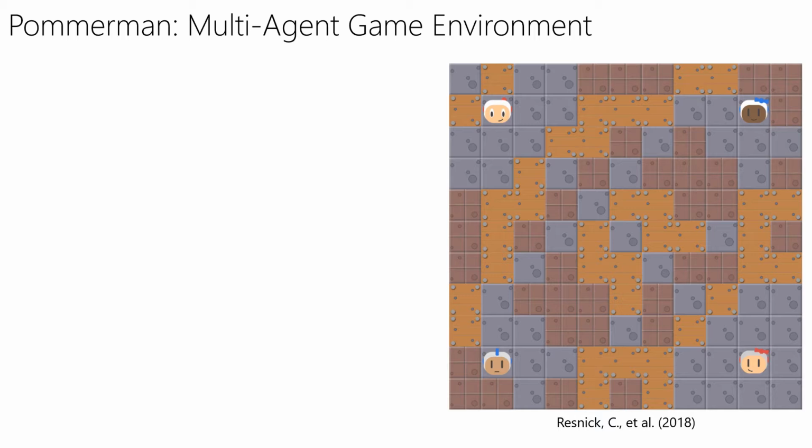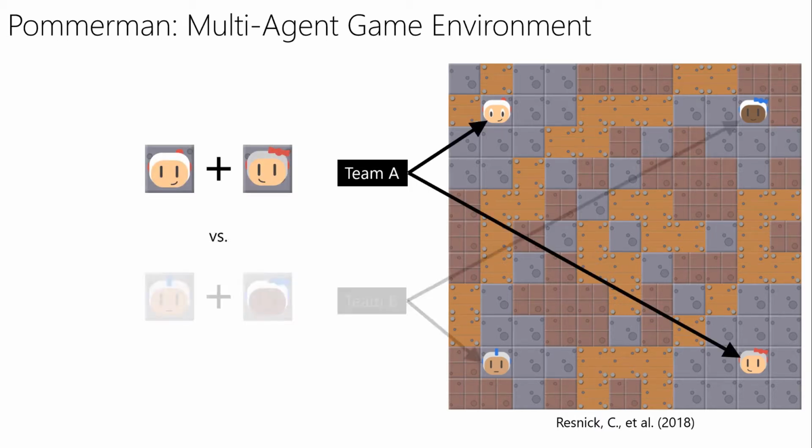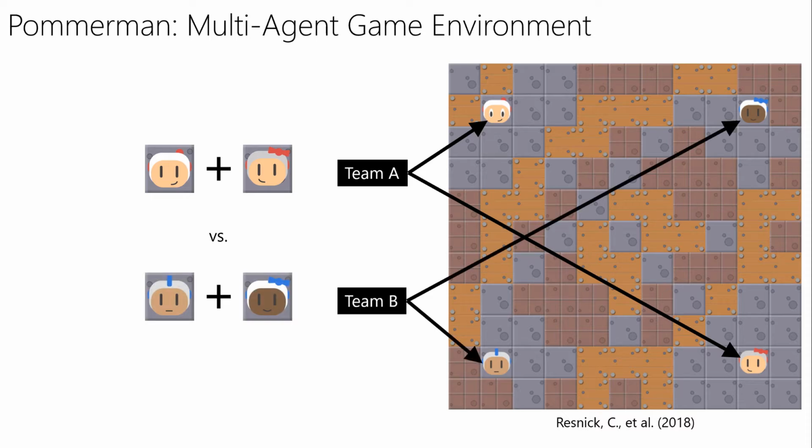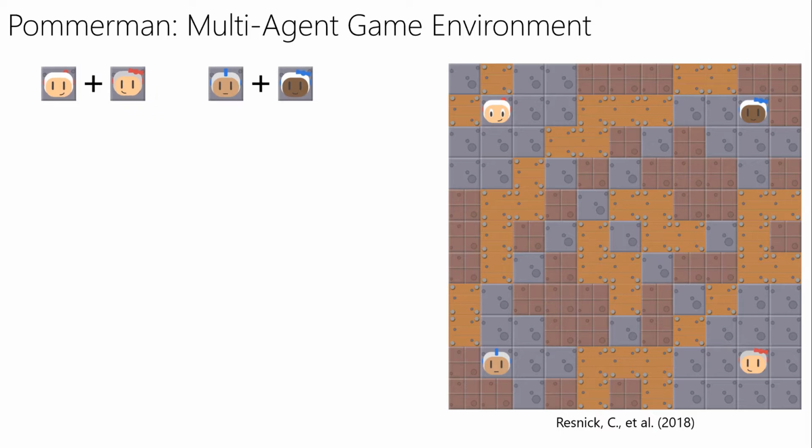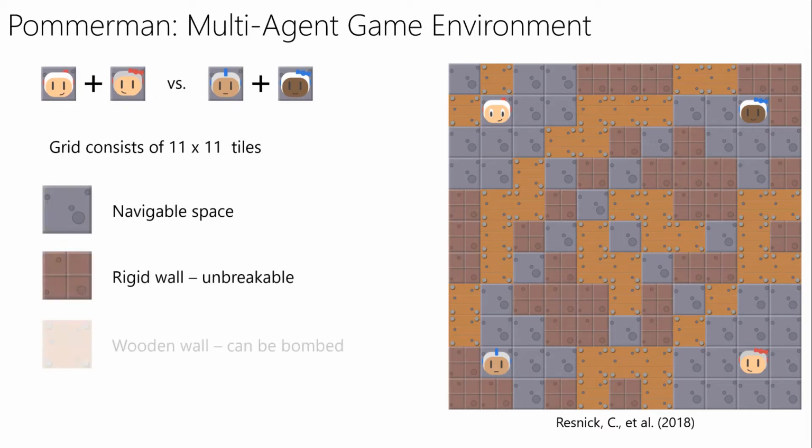In each battle, there are 4 players located at the corners. 2 teams compete to win the game. Teammates are located diagonally opposite to each other at the start. The battle arena is a grid of 11 rows and 11 columns. There are 3 types of tiles in the grid.